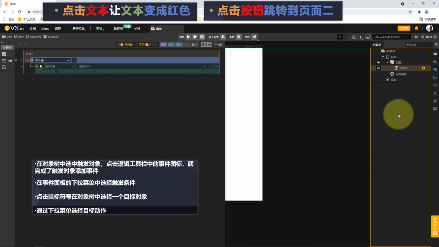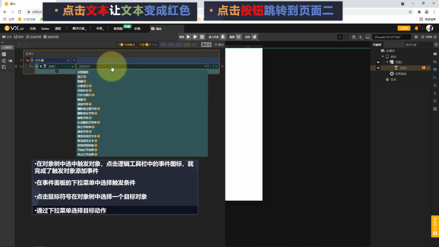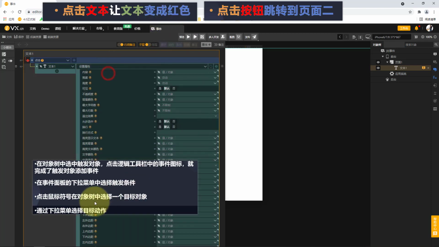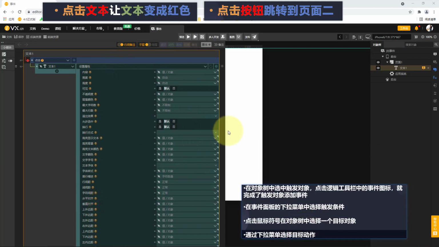You see, when we click on such a mouse symbol, we will carefully observe the number of objects on the right side. Does it turn into a golden color? This way, we can tell you that when the number of objects on the right side turns into a golden color, in fact, we should select a widget in the number of objects. Let's see who we're going to choose here. It's to make the text turn red. Who the text is himself, right? So when the number of objects on this side turns to golden yellow, we can click him again